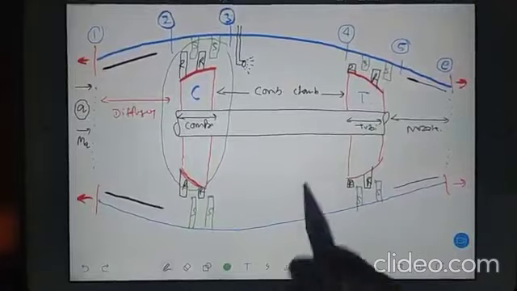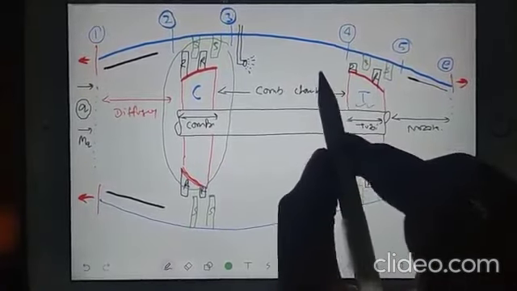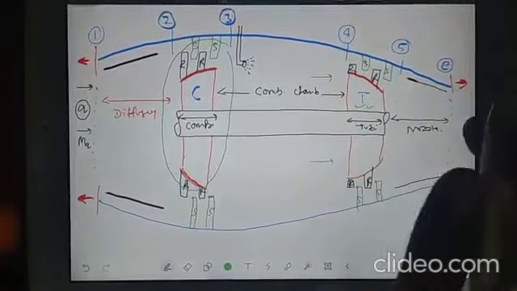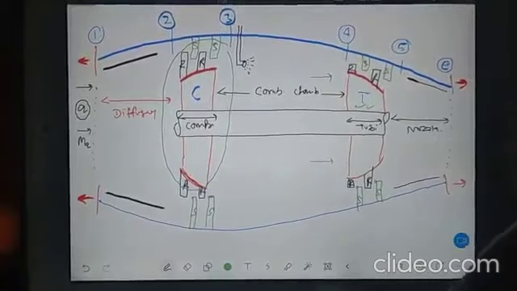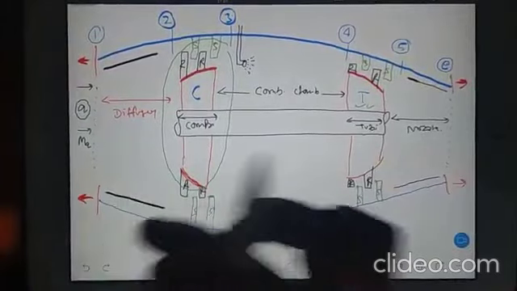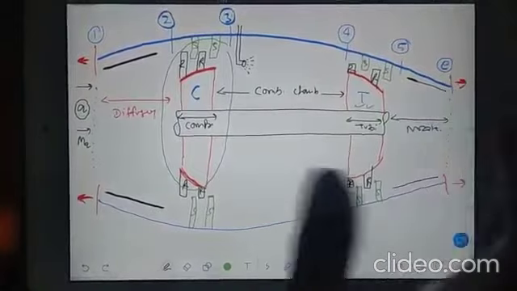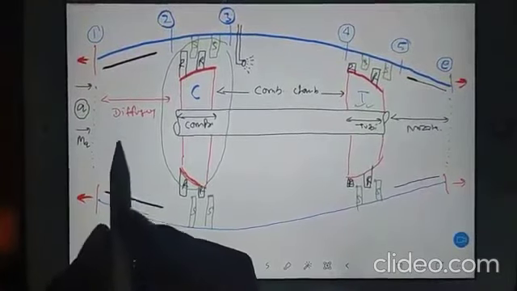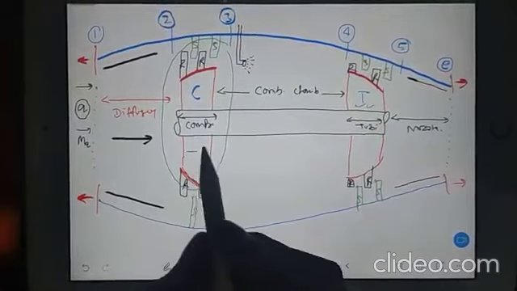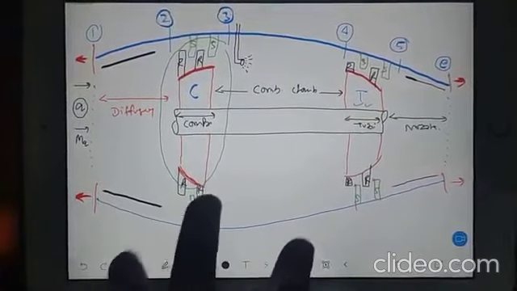And just now I explained why we could put the turbine after the combustion chamber: after combustion, the hot, severe kinetic energy will fall on the turbine blades and it will run. So these are the basic logics. Okay, what happens in the diffuser? You know the role of the diffuser. In the diffuser what happens, and in the compressor what happens? One by one we have to deal with the diagrams properly.